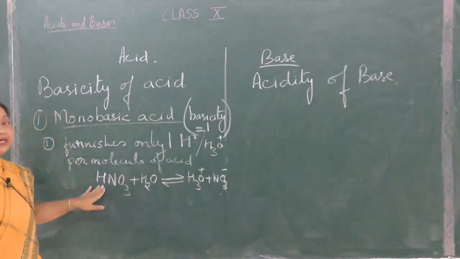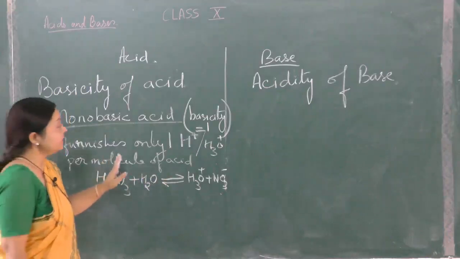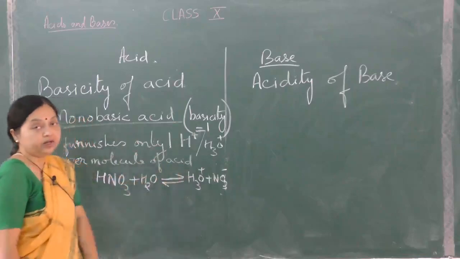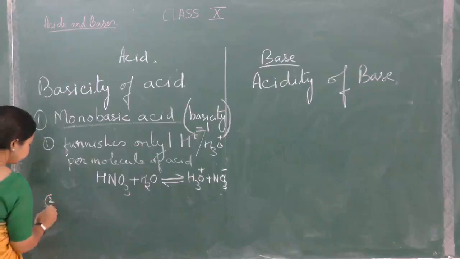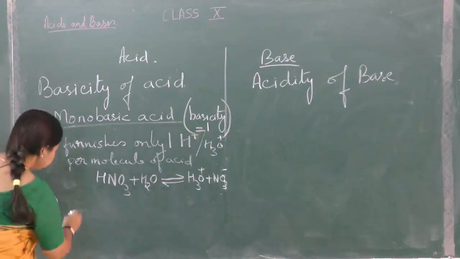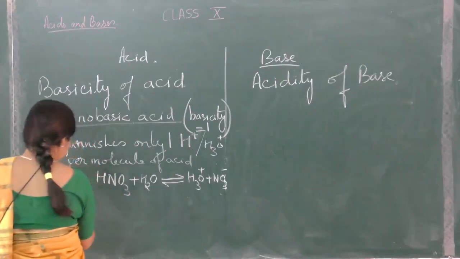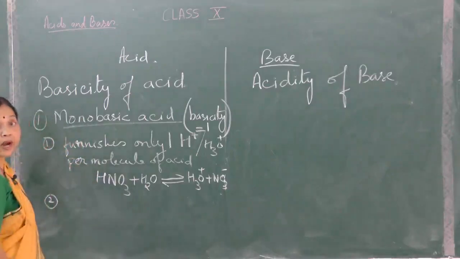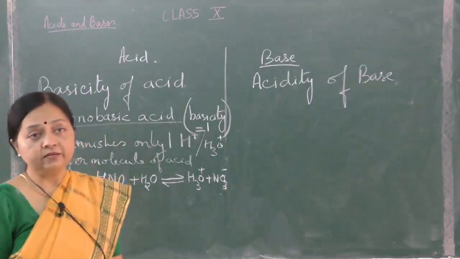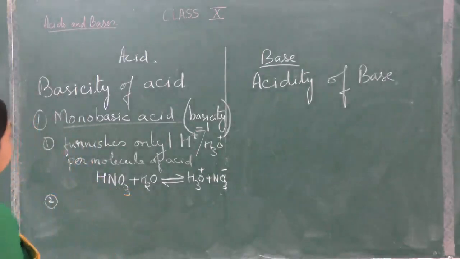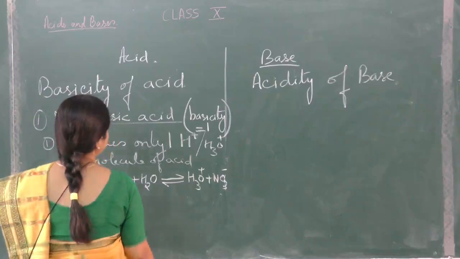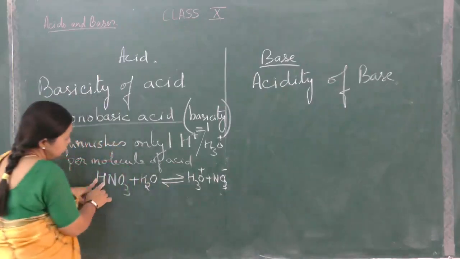So HNO3 is a monobasic acid. It furnishes only one hydronium ion or hydrogen ion. Secondly, it contains one replaceable hydrogen atom, and dissociates in one step. Replaceable hydrogen atom means if